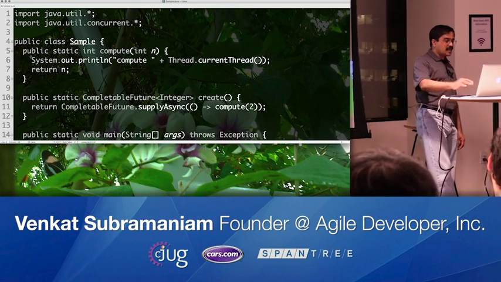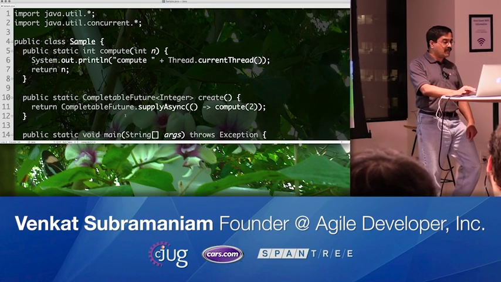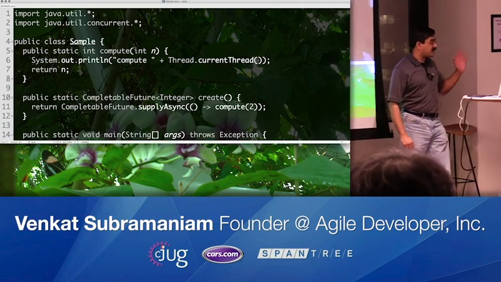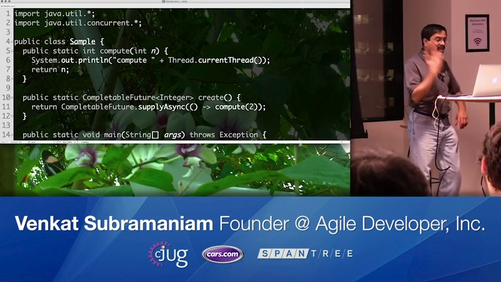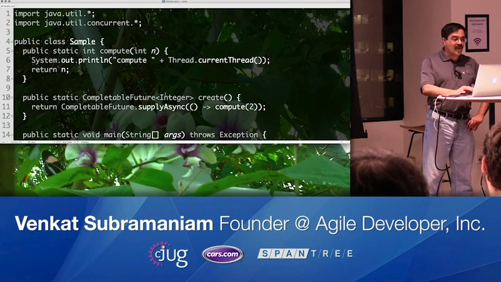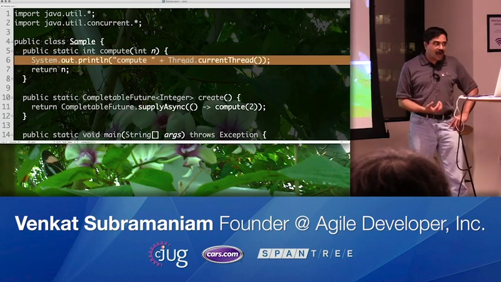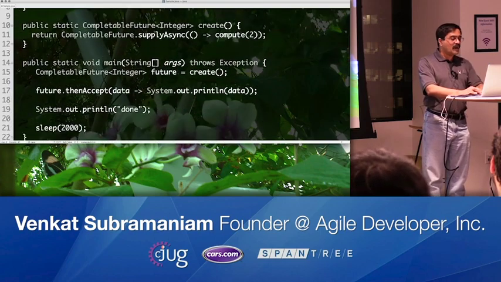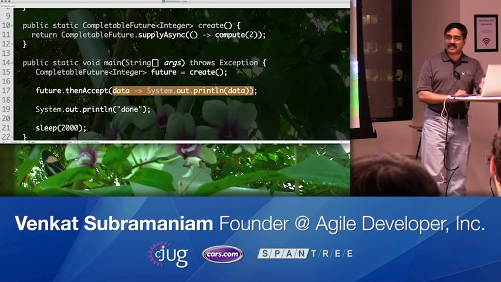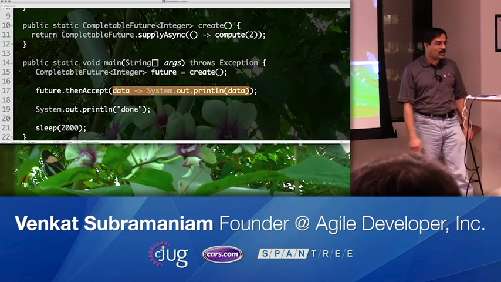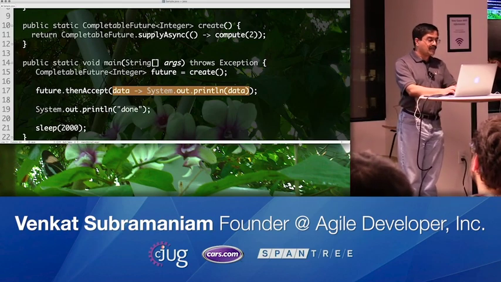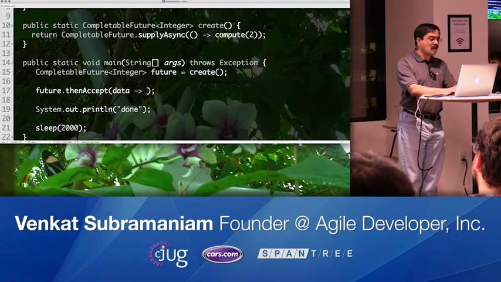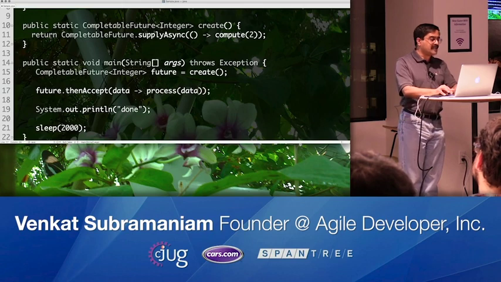Well, obviously the compute method is called within the CompletableFuture, which means that's going to set off a little task to run on the side. I'm hoping this will not be in the main thread, and that would not be a bad assumption at this point. But the question really is, what thread is going to run that piece of code, right? That's the next thing we want to know. So to find that out, I'm going to take the data, but I'm going to call a process function and pass the data to it.